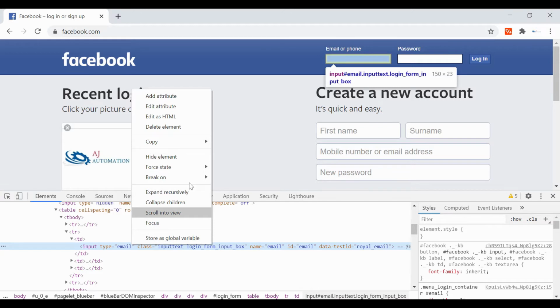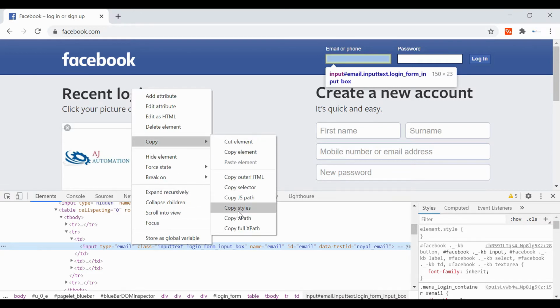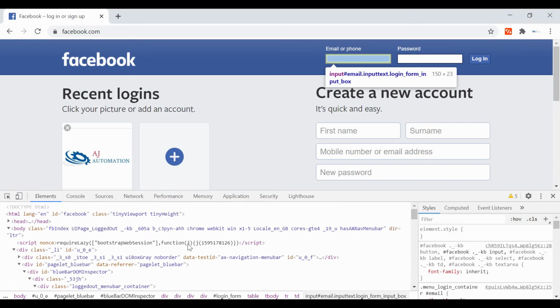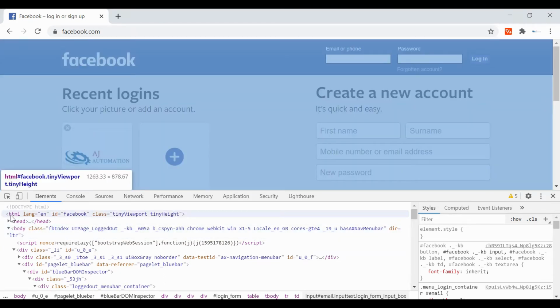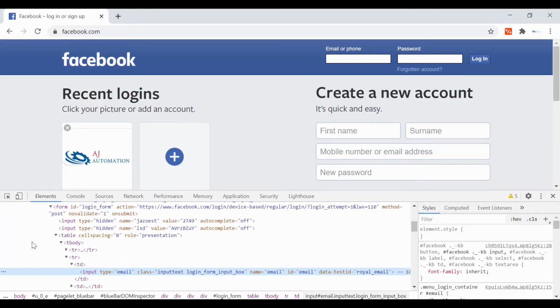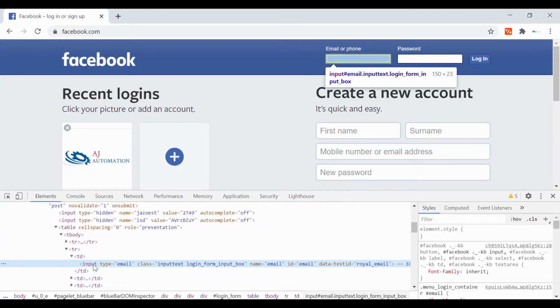Go to copy, and here you will find copy full XPath. This will give you the absolute XPath value. Our absolute XPath will start from the first node and travel from the HTML tag to our desired input. I have copied it, so let's see how it looks.